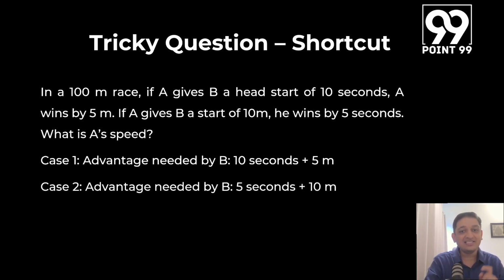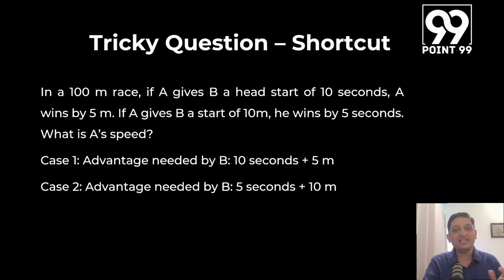Similarly, in the second case, the advantage needed by B to start with A and finish with A for the same race was 5 seconds. So A wins by 5 seconds, which basically means if B had another 5 seconds advantage, B and A would have finished together. Also, A gives B a start of 10 meters, so he needs that advantage too. So together, if you look at it, the advantage needed by B to finish the race was 5 seconds plus 10 meters. The advantage should be the same in both places because A and B are running the same race